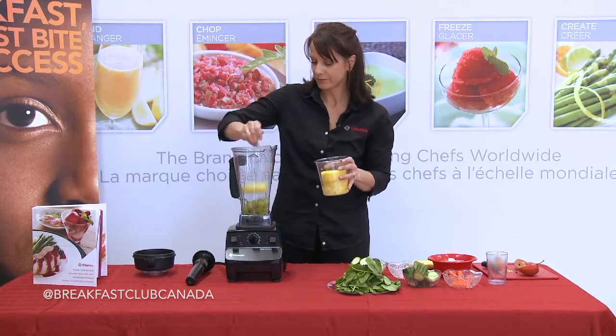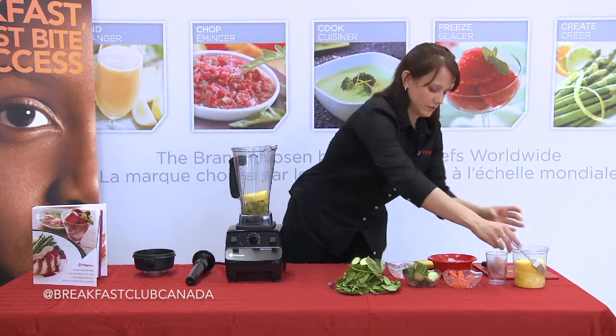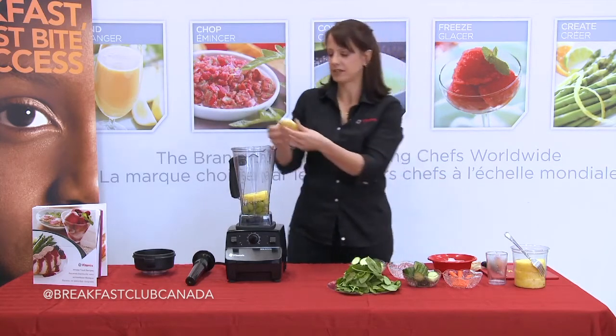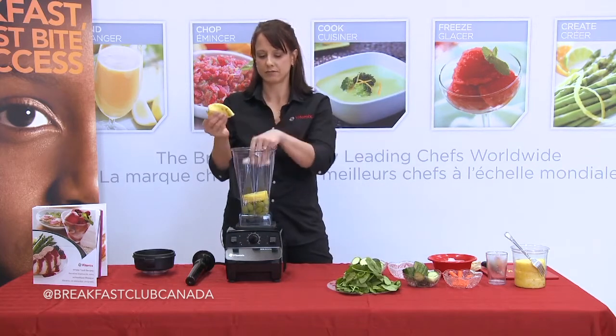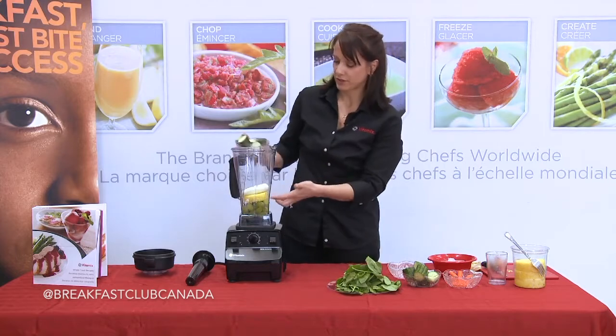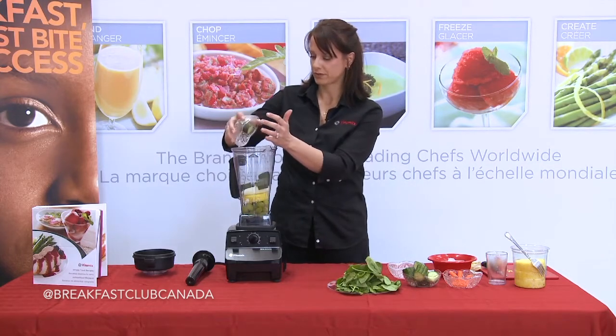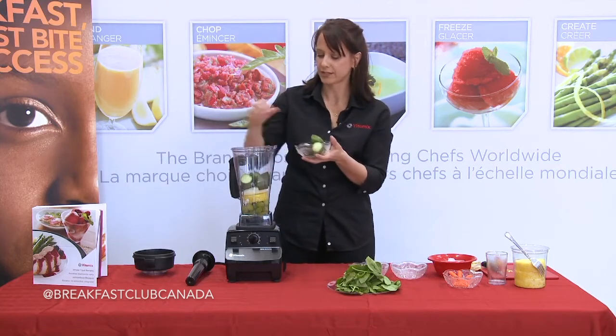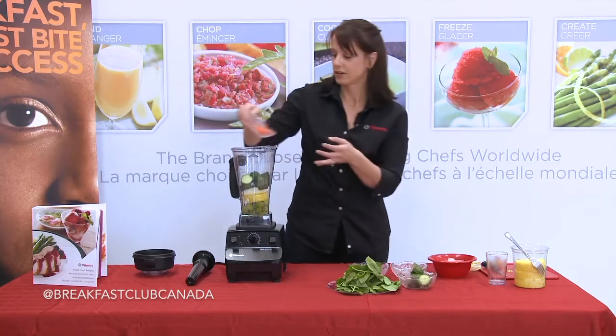Some fresh pineapple, nice big chunk there. We're going to put some banana in there. Bananas are nice for texture, it makes it real creamy, plus it's a nice sweet fruit. And then the next set of things you put in there are the harder vegetables or fruits. So put some zucchini, put some cucumber, which is real nice, gives a nice flavor, some carrots,